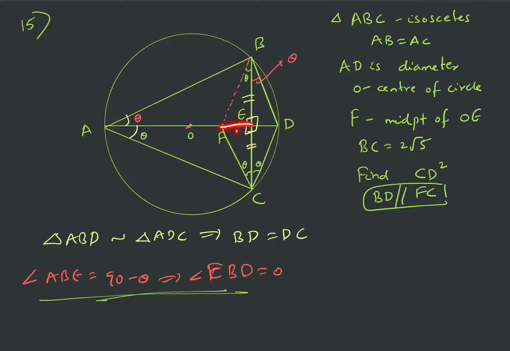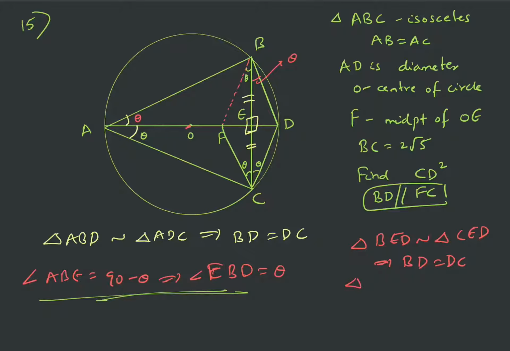Okay, and clearly you can see that these two triangles are congruent, right? You can say that BED and EDC are also congruent because two angles are equal and ED is the common side. Okay, so just a second. So triangle BED is congruent to triangle CED. This simply implies that BD is equal to DC, right?